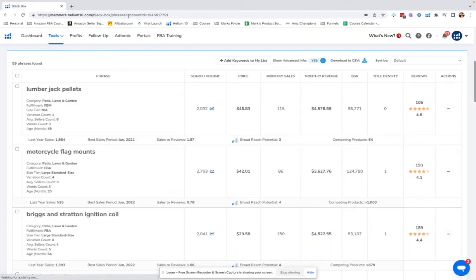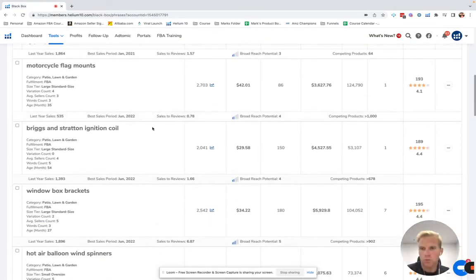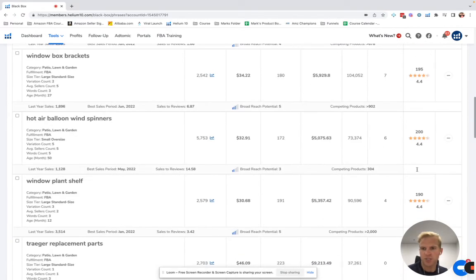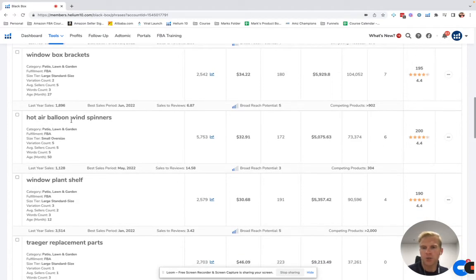Okay, that could be a good keyword. Let's keep on looking. Window box brackets, decent search, low competition. Hot air balloon wind spinners: 5,700 people a month search for that. So, for example, what if we do this? We do